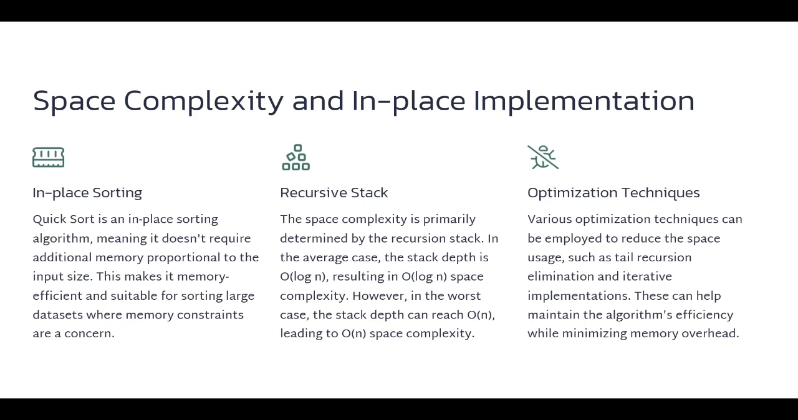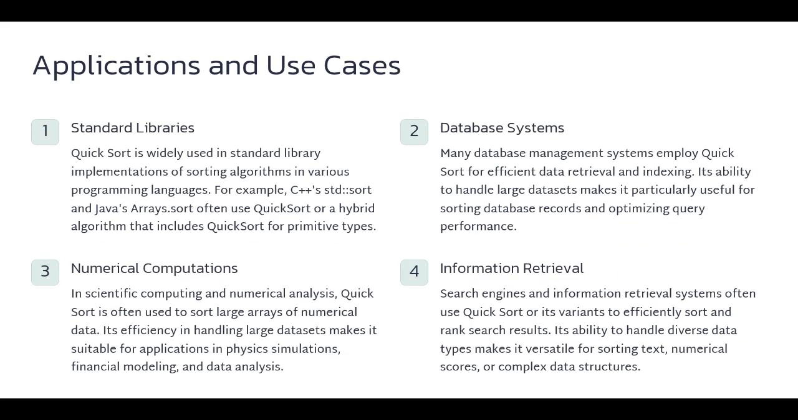Now we move on to applications and use cases of quicksort. Standard libraries use quicksort. Database systems also use quicksort. Numerical computations and information retrieval also use quicksort. In standard libraries, quicksort is widely used in implementations of sorting algorithms in various programming languages such as C++. In Java, Java's Arrays.sort is a hybrid algorithm that also includes quicksort for primitive